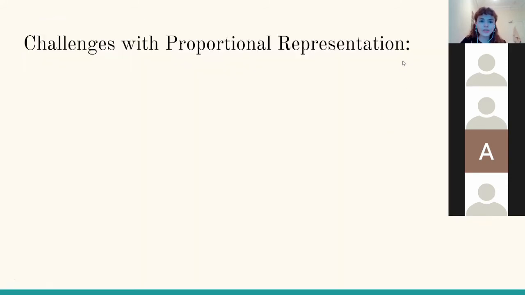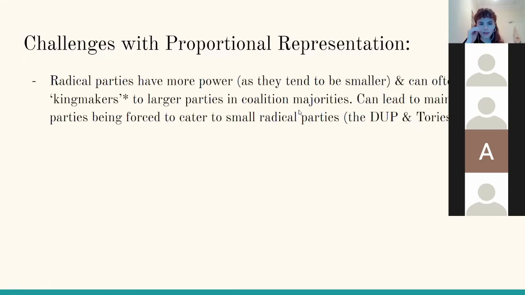So then onto the challenges that exist within proportional representation systems. Radical parties often get more power under these systems because they tend to be smaller, and this is the system that preferences smaller parties. The way that they're able to get more power is usually by acting as a kingmaker to a larger party in a coalition majority, which can lead to mainstream parties being forced to cater to smaller or